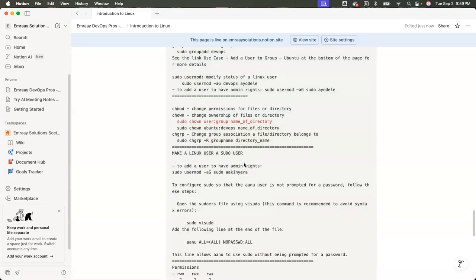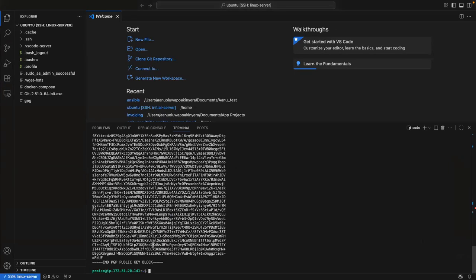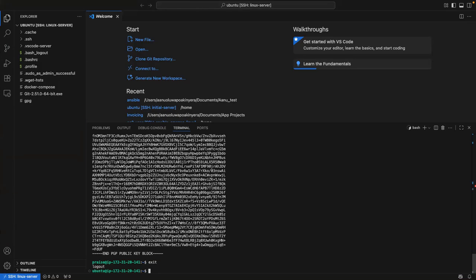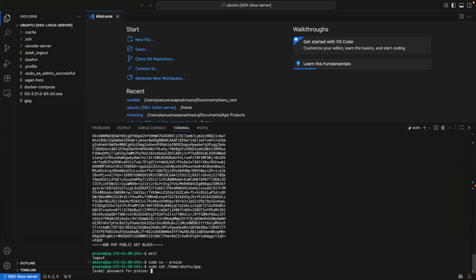Make a Linux user a sudo user. We've done this, right? So let me change this to Ayodele. If you see what I did, I'm still praise, right? Let me exit and switch again and run that command again. It's asking me for password, right?